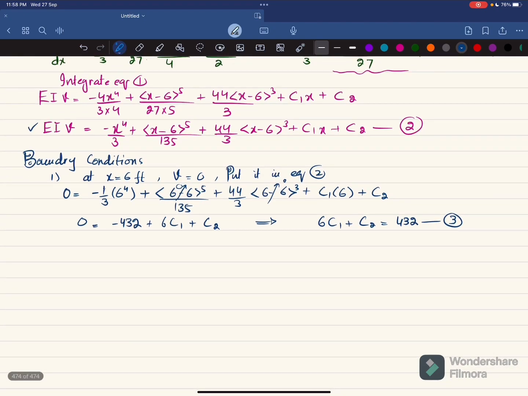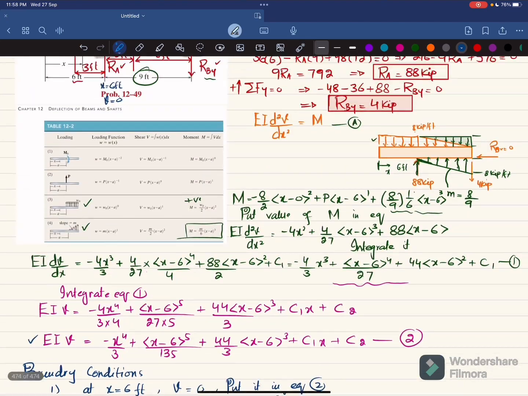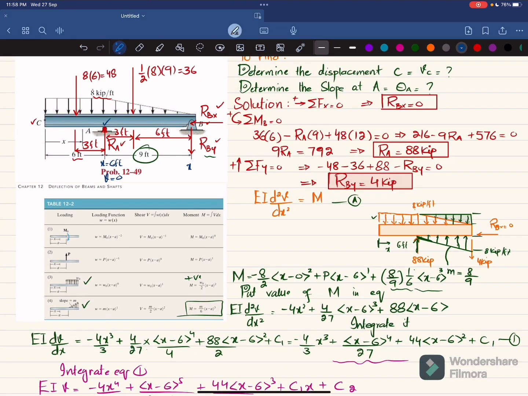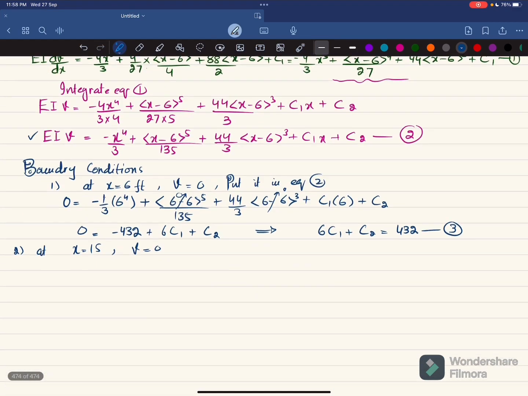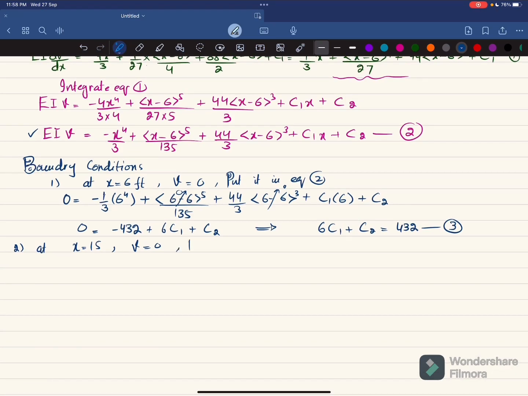Now the second boundary condition is that at x is equal to 15 feet, we have deflection is equal to 0. So let me show you here. Here x is equal to total length is 15 feet and we have deflection is equal to 0 because there is a pin support at point B. So put in equation number